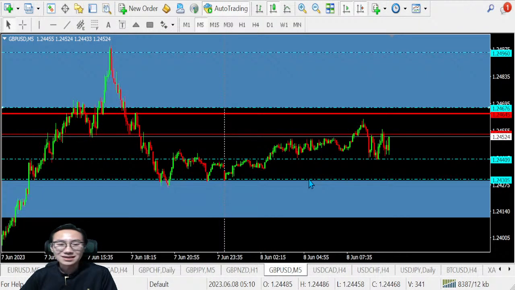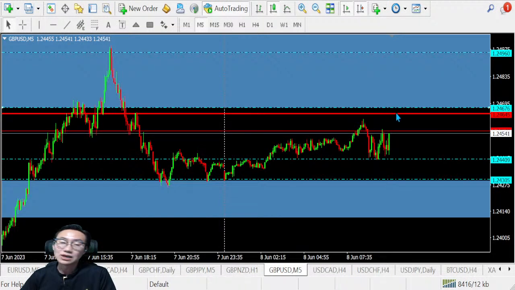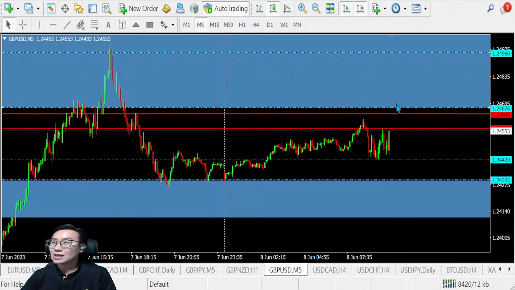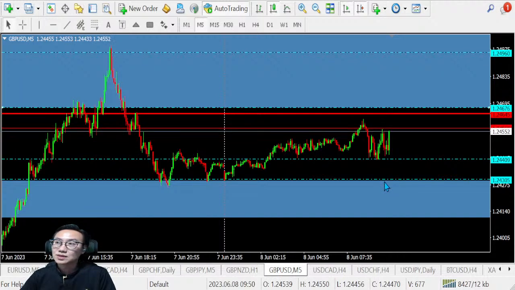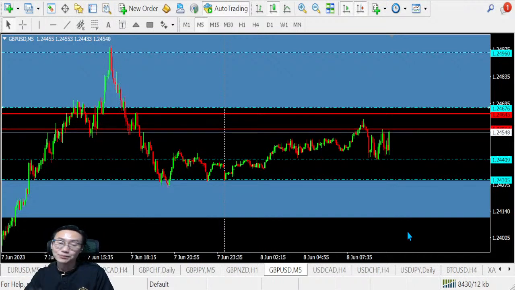It can be boring, right? But okay, just take it as an experience. Along the way we can learn to see how it moves within the consolidation, and then we learn how to plot our plans. How to plot the plan in terms of where it is going after it breaks the resistance, and what should be happening. Example, support setup, then we continue the buying. If it breaks below, into the selling. Into this area, wait for a new lower resistance, then we go for the selling. So this is the plan for the pound dollar as of now.